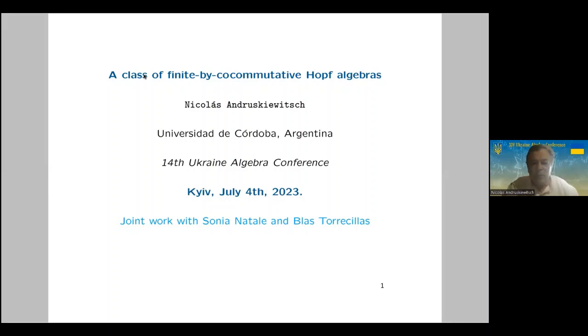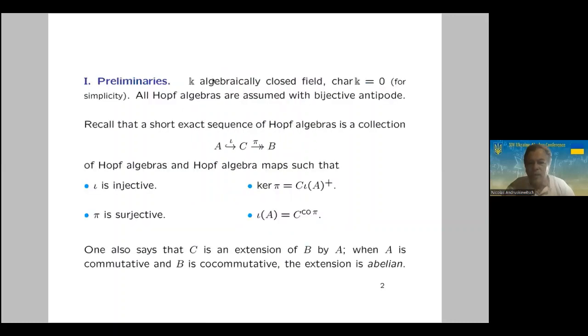I would like to talk about a class of algebras which are infinite dimensional, and this is based on a joint work with Sonia Natale and Blas Torrecillas. I will work over an algebraically closed field K of characteristic 0, and all Hopf algebras will be supposed to have a bijective antipode. I start with the definition, which is already 30 years old,